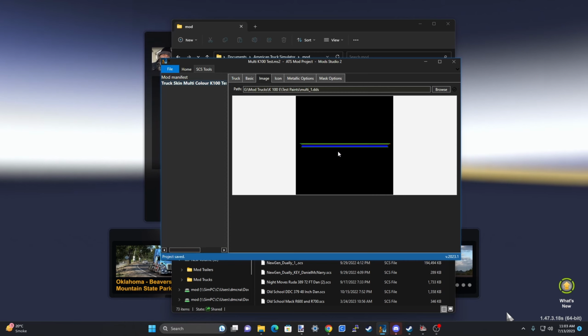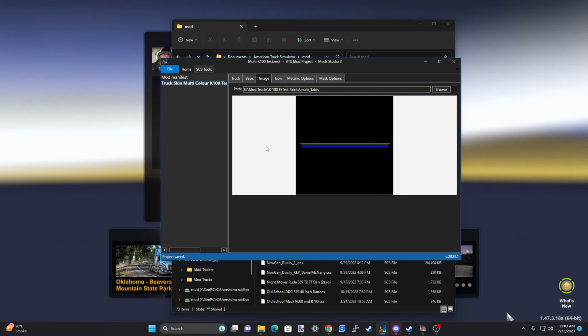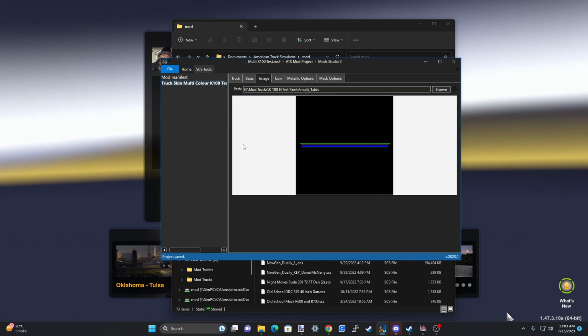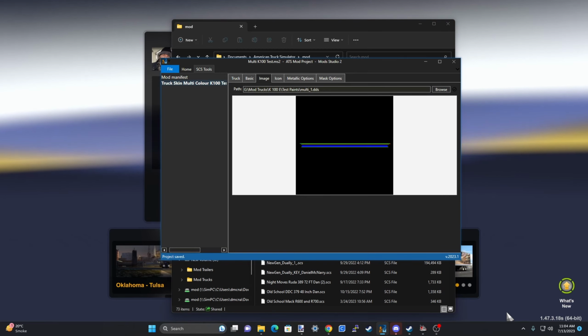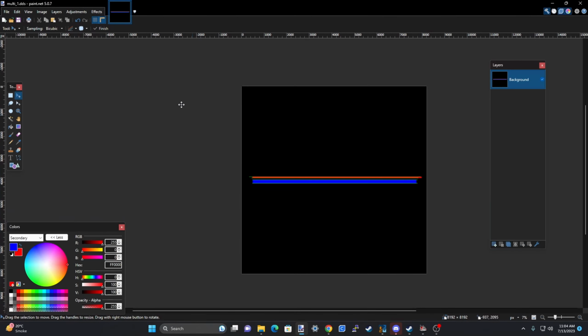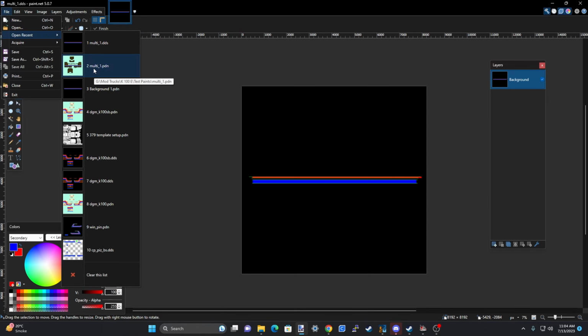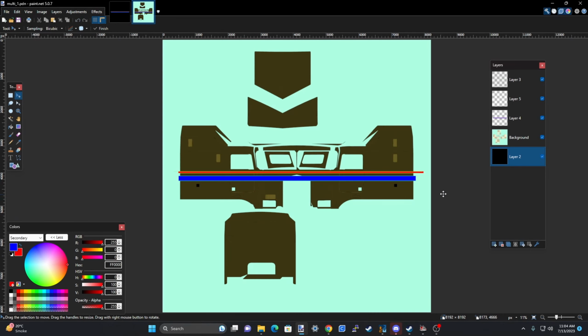And so once again, this is all pretty straightforward. It's just making a paint job. But when we go back to here, we're going to bring up our PDN file. In our PDN file, you're going to,